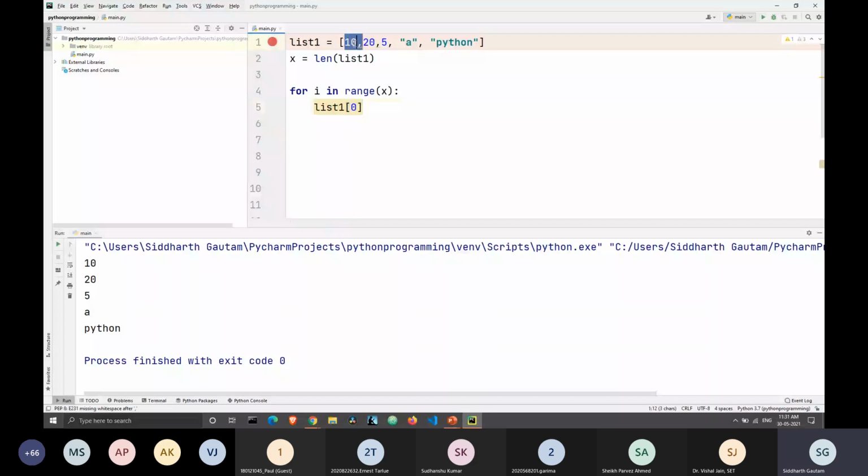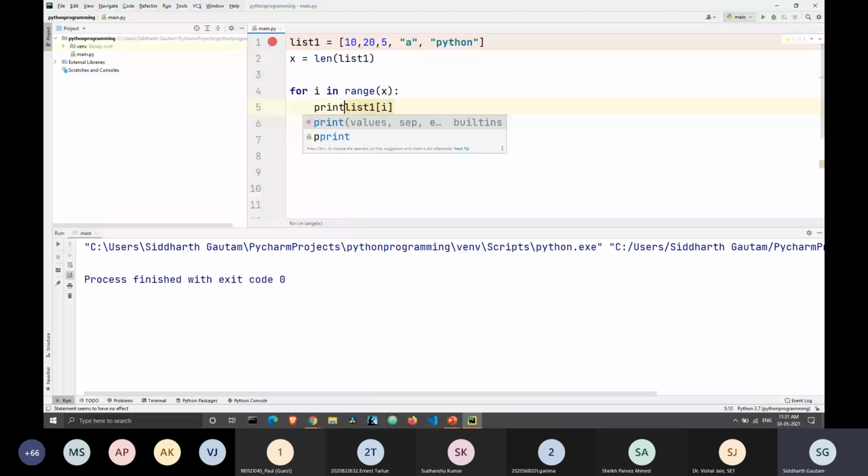And when the value of i is 1, then the first element will get printed. Similarly, each time the value of i increases, a new element of the list will get printed. Let's check it out. We will print this. Okay, we didn't print this. Sorry about that. We will print the ith element of the list. And as you can see, the output is the exact same as the list before.